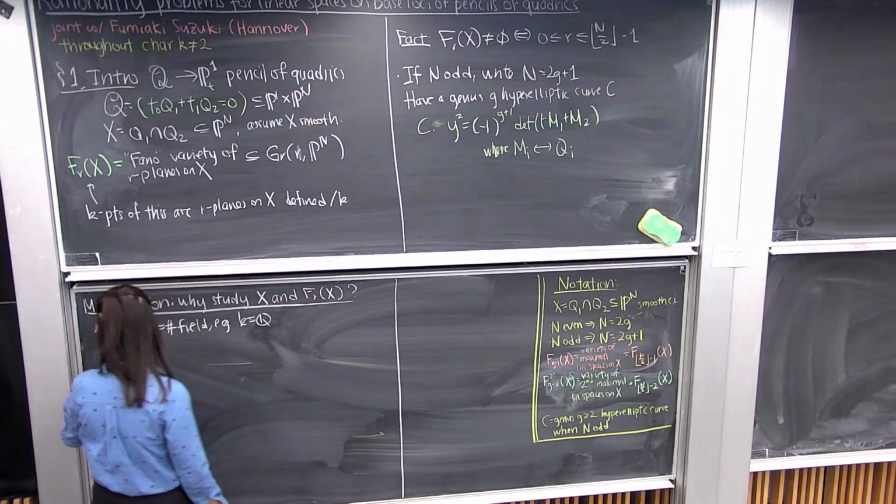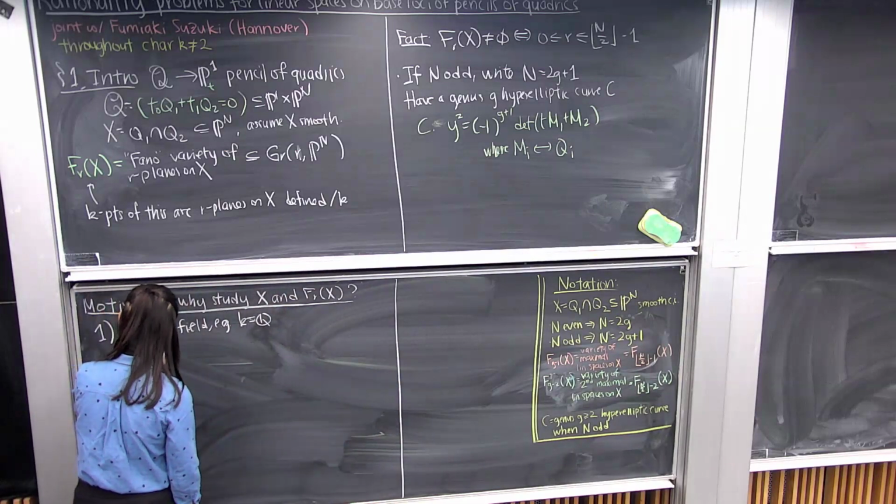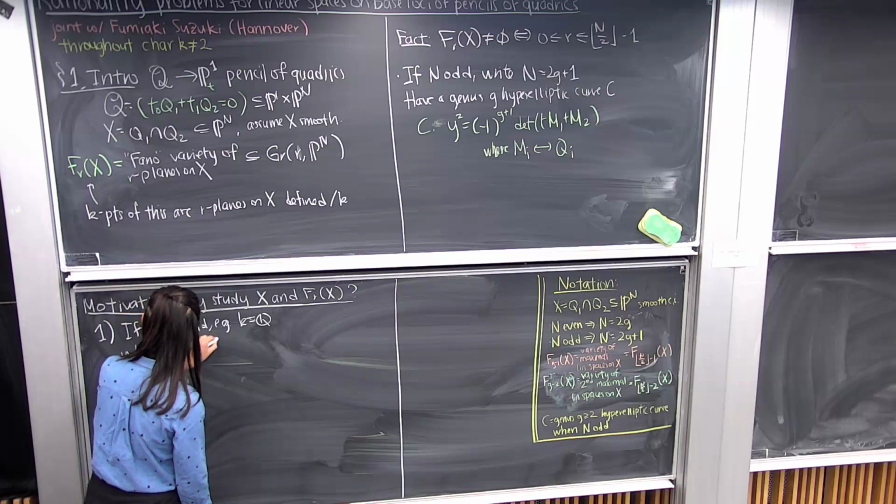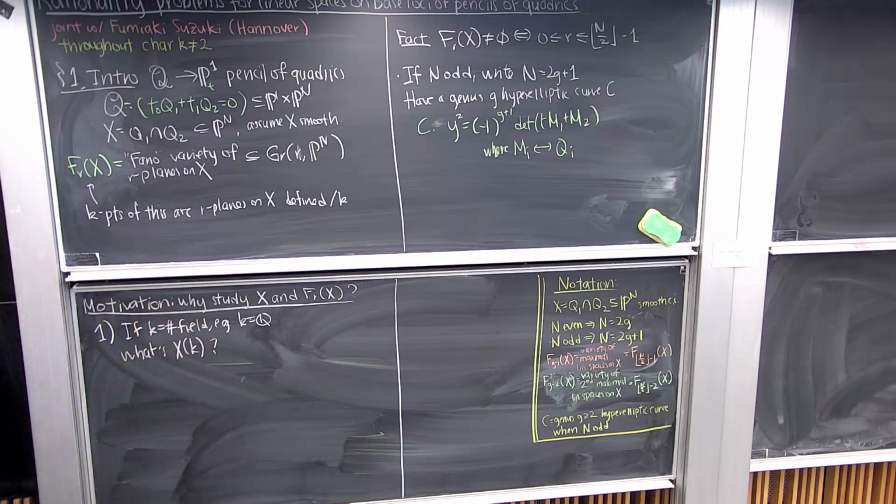it's an interesting question to study what the K-rational points of X are, right? In many senses, this is the most basic Diophantine equation which is not solved. This is just integer solutions to two simultaneous quadratic equations. So maybe more precisely,